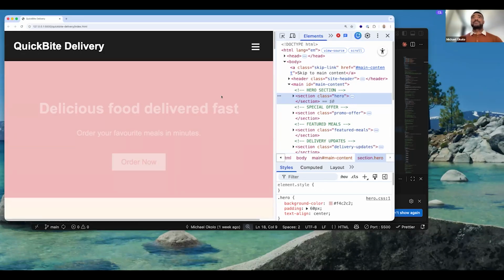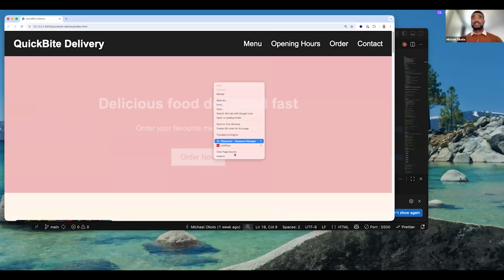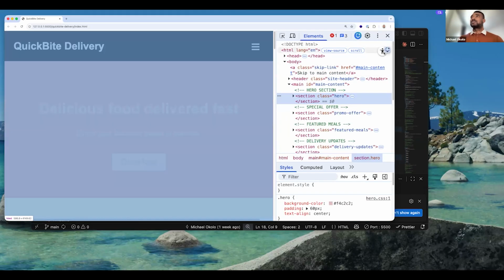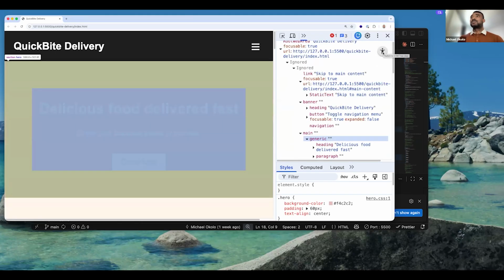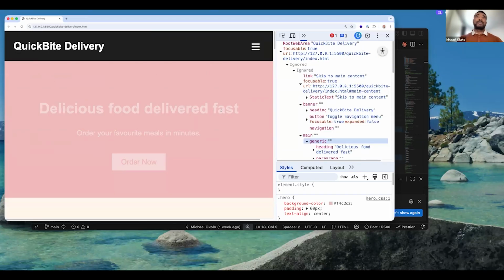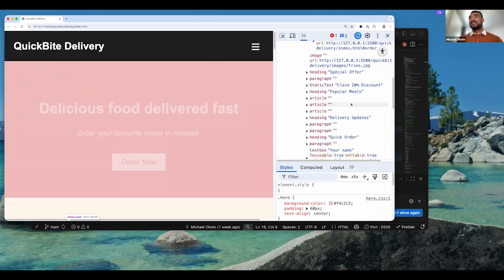Yes, so if you want to access your accessibility tree, you could just inspect your interface this way. When you open your DevTools, you could toggle this button over here. So basically, this is what the accessibility tree looks like for the interface we're currently looking at. All the HTML we've written in code is being translated into this format, and this is what